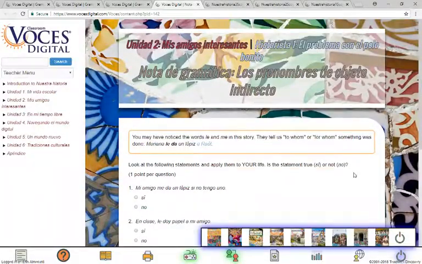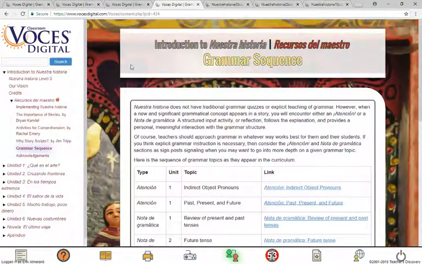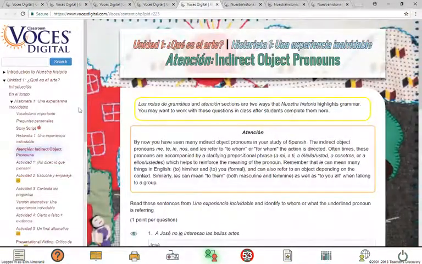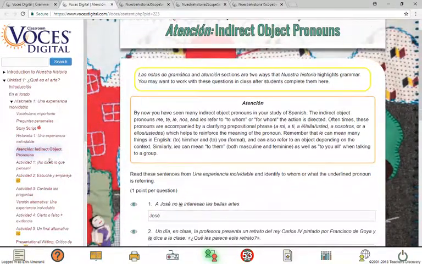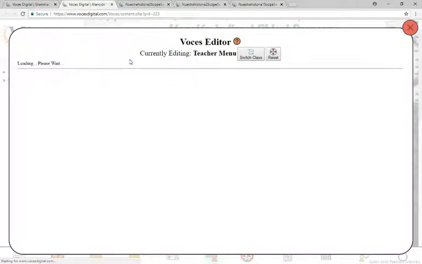And now I'm going to jump into level 3, which I think is the one that you're using. And I'm going to go here just to kind of get an idea of where this grammar note is. And let's say I want to put the grammar note that I just copied from level 1 right before this grammar note in level 3. Then I would go into the teachers panel. I would go into the editor here,